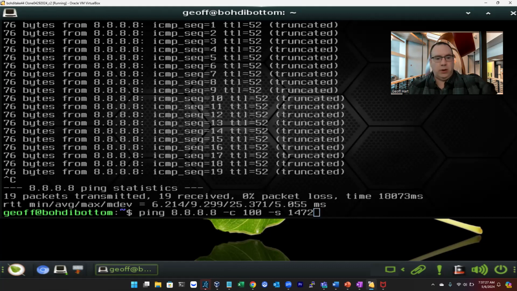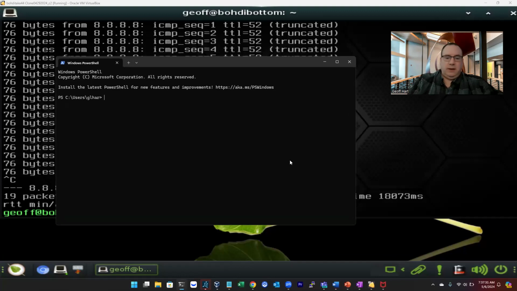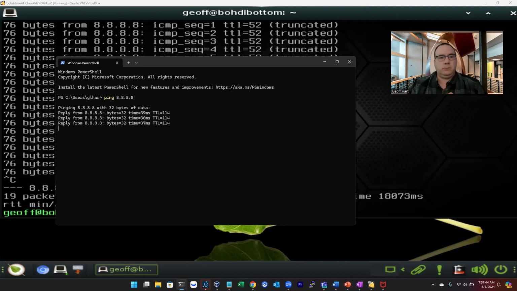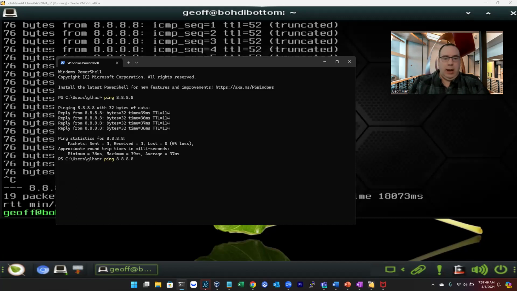In Windows, the count is n. So I can just demonstrate here real quick. 8.8.8.8. And here I'll just show you real quick. It's going to default to 4. And if we want to do count, we'll do 15. And you can see